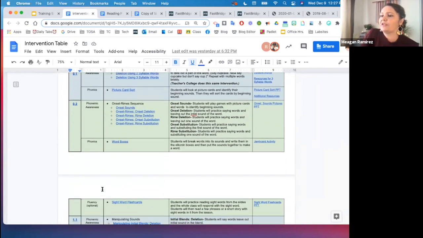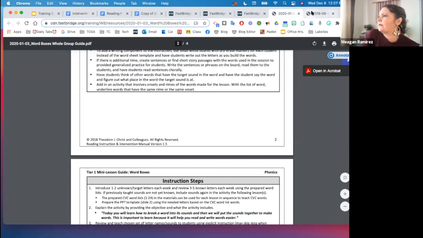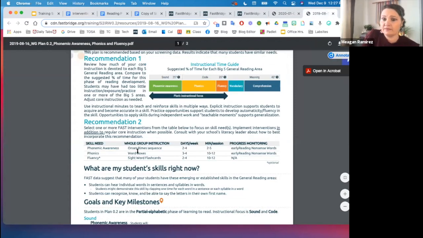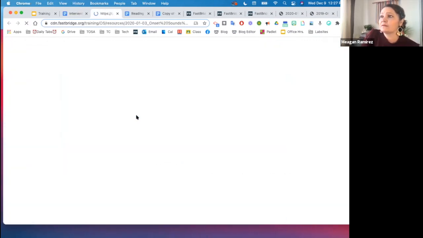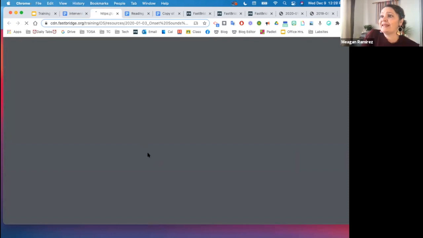In 0.2, remember there were 3 different interventions. We had our onset rhymes intervention, our word boxes, and our sight word flashcards, right? Those were our 3. In the table, you will find those there, and they are linked. For instance, if I click on this onset sounds,